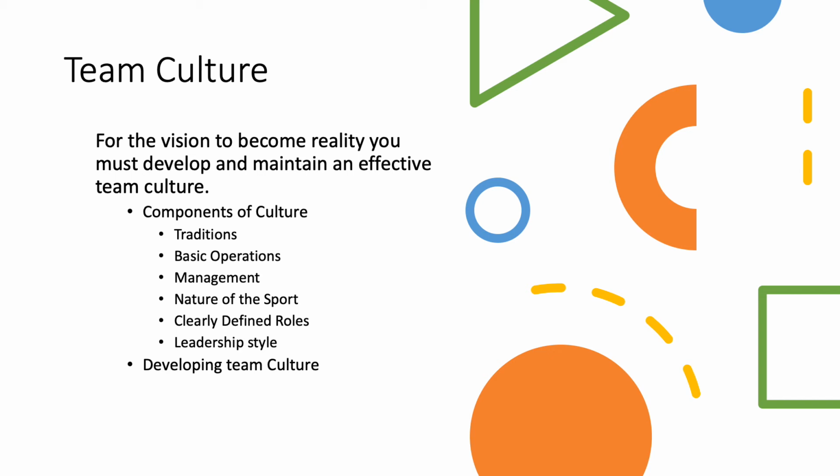And then the next thing that you want to build when you're looking at team culture is having clearly defined roles for your team. So, what is the power, influence, and status structure in your team? What's the role of the assistants? What's the role of the athletes when it comes to team captains, or when it comes to your seniors, or the athletes that are returning from a previous season? What are their roles on the team and how do they contribute?